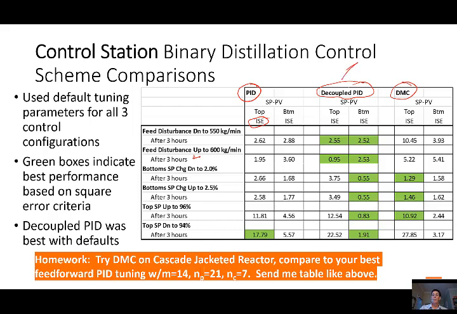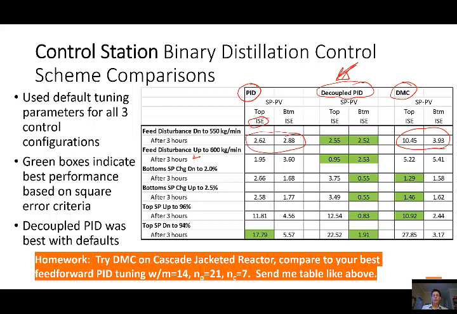the decoupled PID wins the day. It was better in more cases than either the PID or the DMC. One thing I noted when I went and looked at the model, and we can go look at that in a second, was that they didn't include anything for the feed rate as a feed forward variable or a disturbance variable in the controller, and that's fairly commonly done, and that could have impacted its response, because as you can see, the decoupled PID was just barely better than the PID, and DMC should have been better than that. So there's another Easter egg on this